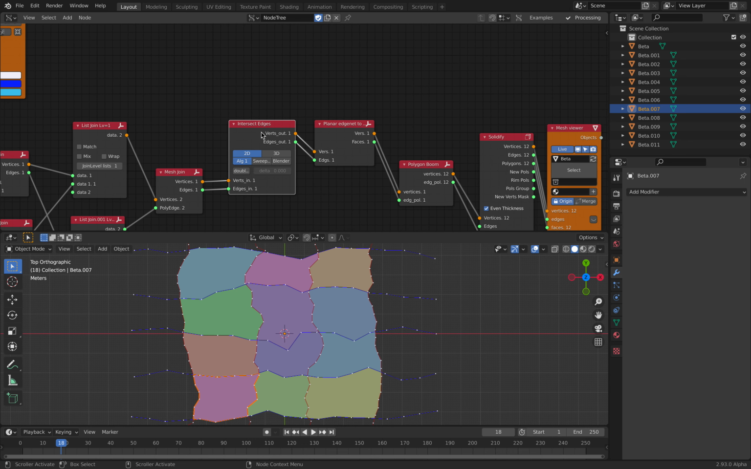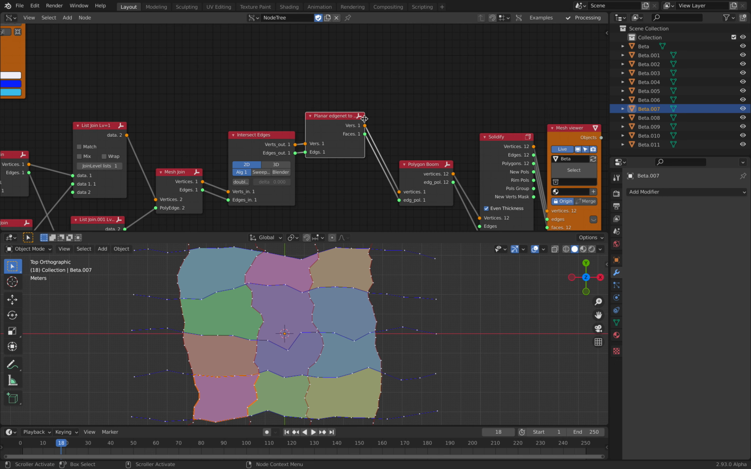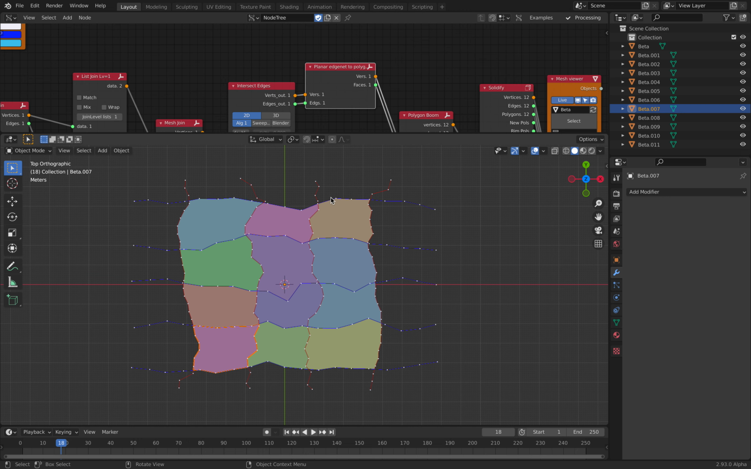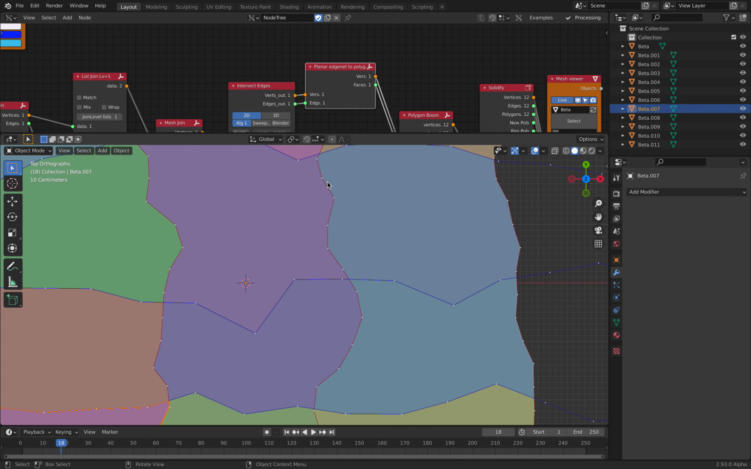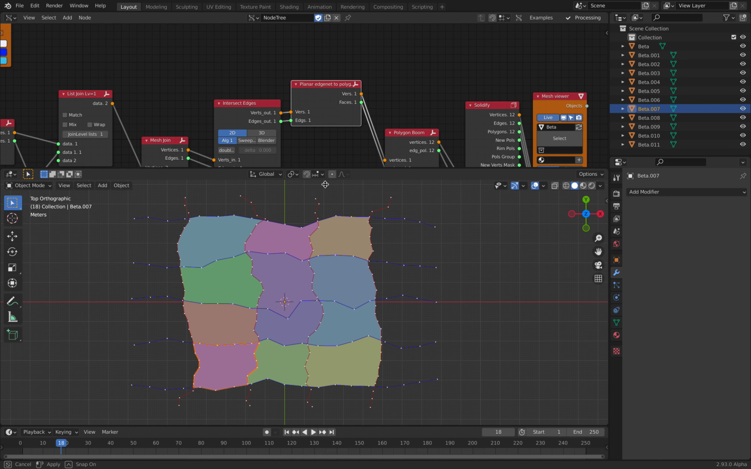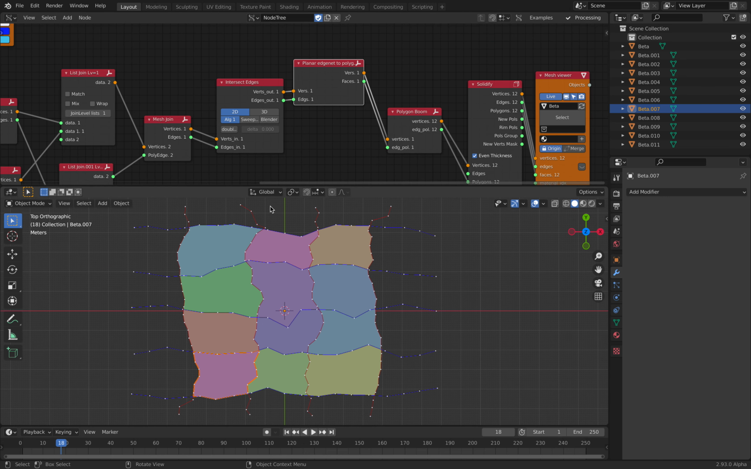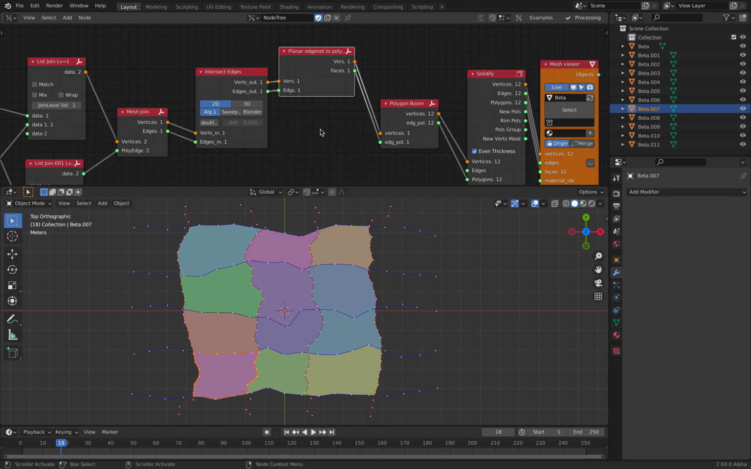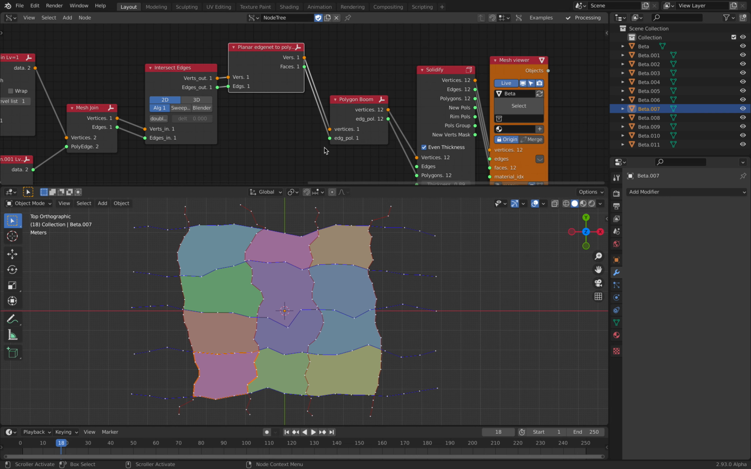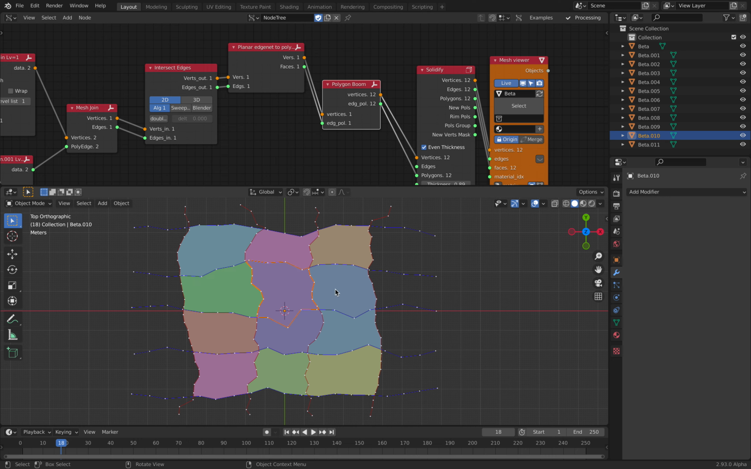And I intersect the edges before Planar Edge Net to make it cleaner. So wherever the two lines connect, touching each other, it's going to create an intersection, and that will be good for Planar Edge Net. Geometry Nodes is actually really good with 2D shapes. Okay, that's the key. And then we have Polygon Boom here to separate all the pieces of the puzzle,